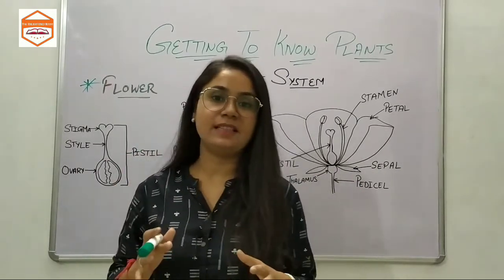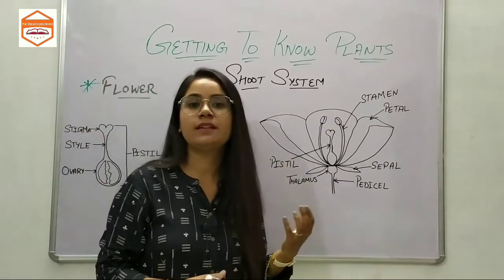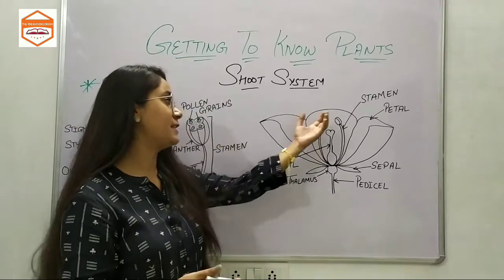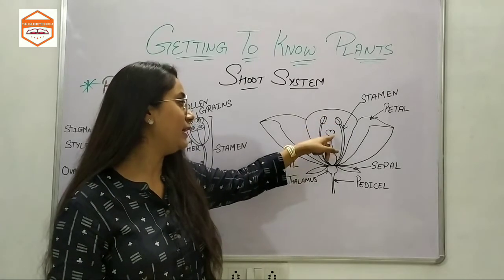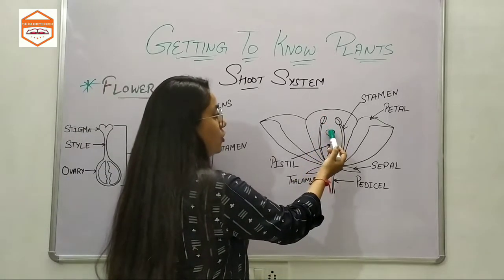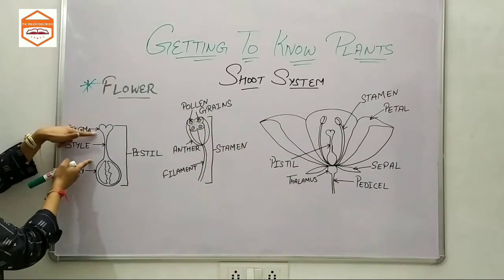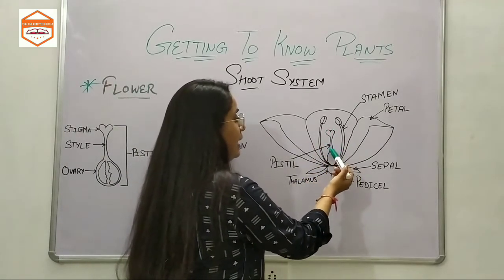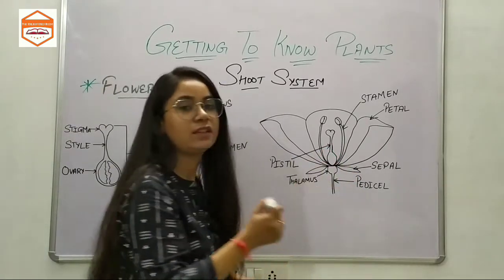So what happens in the reproduction of the flower? Due to the action of wind, air, or any insect sitting on this flower, some of the pollen grains go to the stigma of the flower. When the pollen grains fall on the stigma, they go downwards through the tube-like style, and then come to the ovary, from which the reproduction occurs.